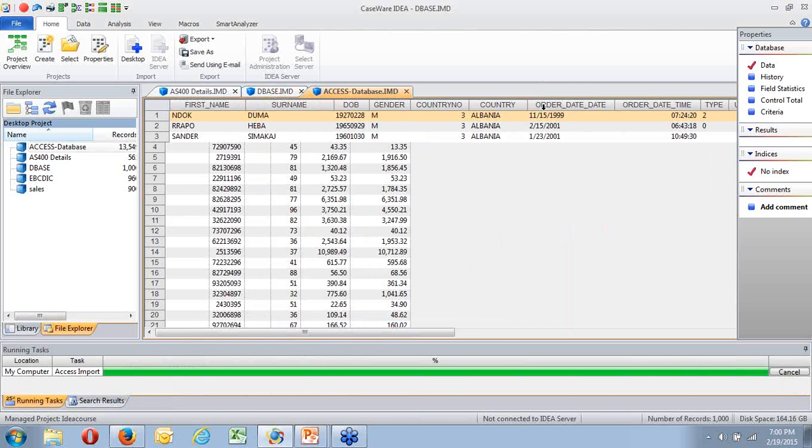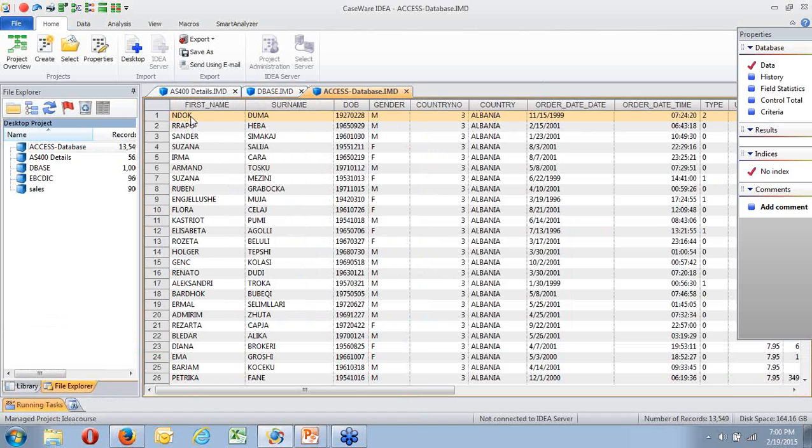And again, because it's a Microsoft Access database, it's automatically picked up the definitions and plugged everything in. So there's a first name, surname, and all of these titles are picked up from the metadata. Whether it's numeric, which is here on the right-hand side, alpha, which is here on the left-hand side, or whether it's a date of birth. Again, if I look at that, you'll see it's date of birth, but it's only defined as a character field.